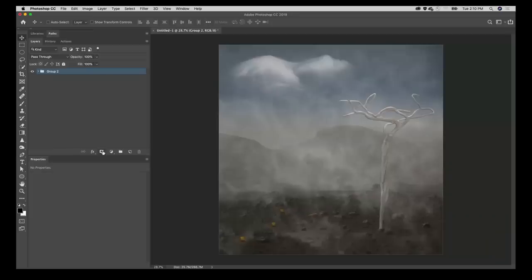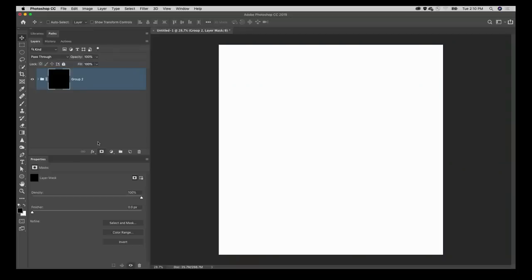Then I'm going to add a layer mask, but I'm actually going to hold down the Option key while I add a layer mask. Why? If I add a layer mask and it's white, and I invert it, well, let me just do it the right way. It's too confusing to explain. Option, click the mask. I get a black mask. It hides everything. But if I disable the link between the group and the mask, and I use the Move tool, we can see that if I move this,